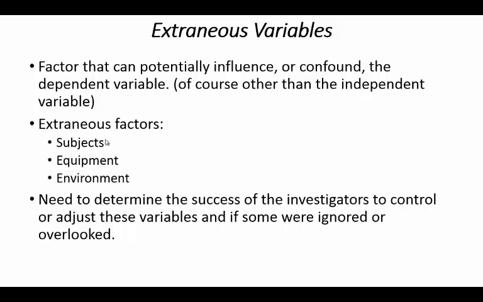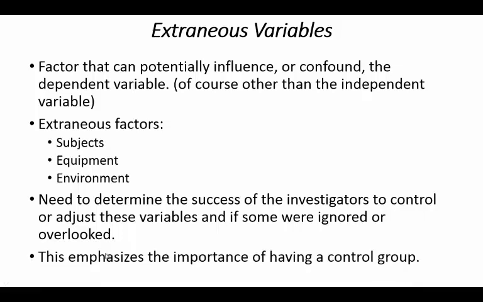So you need to determine for yourself when you're reading these studies the success of the investigators to control or adjust these variables, and if some were ignored or overlooked. Obviously, if they are ignored or overlooked, then that weakens the results of the study. If the study is well controlled, then you can trust that study and feel that it can be replicated